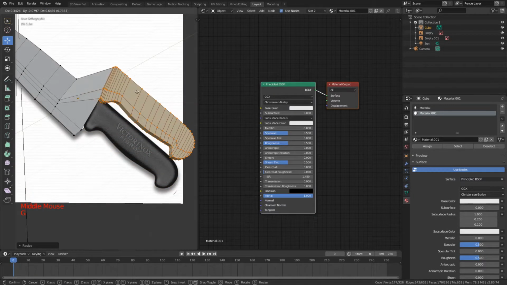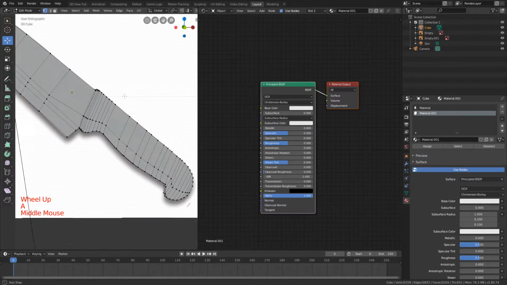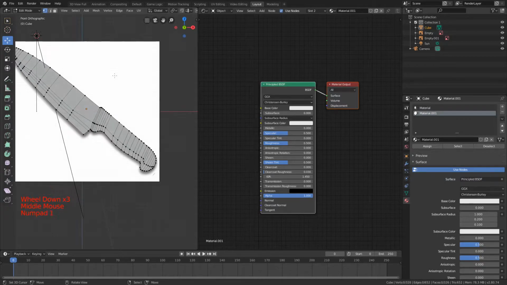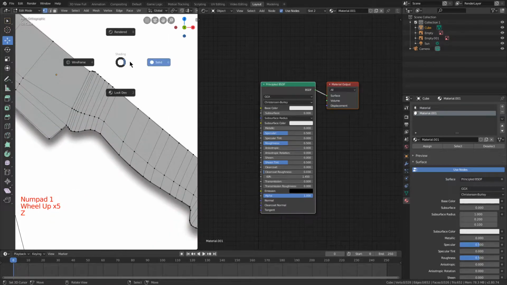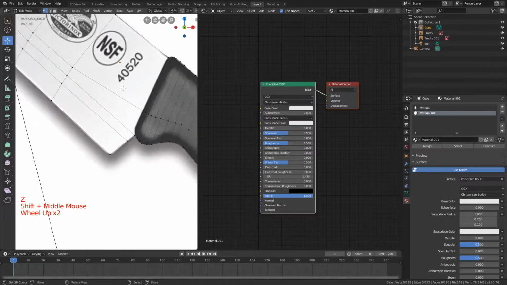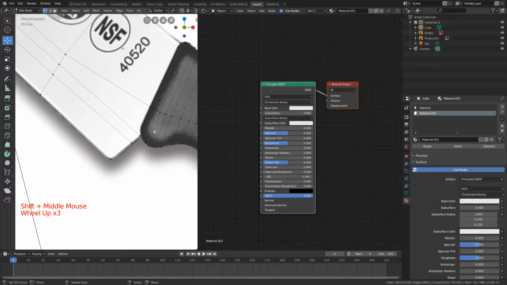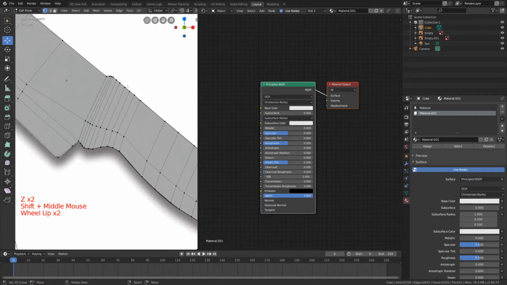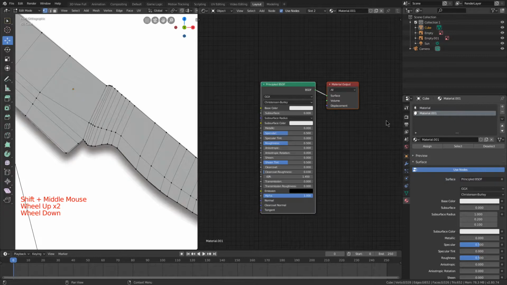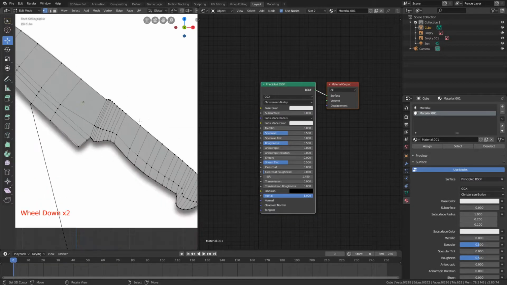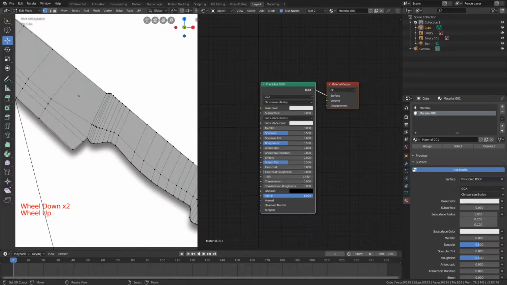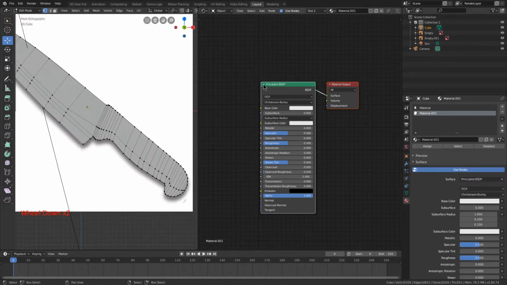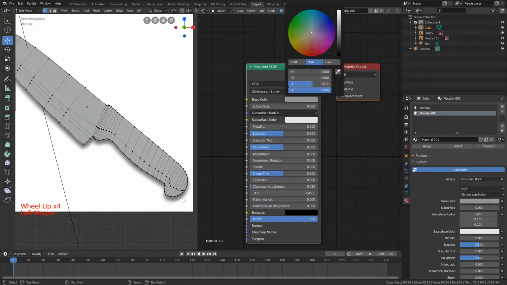Easy way to see is, yeah, that's about right. Okay, so now what you can do is go into wireframe view and you can sort of see around about, depending on your image. Anyway, with the knife's handle material selected, I'm going to change the base color to black